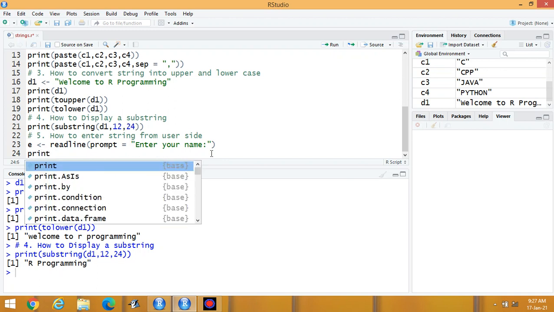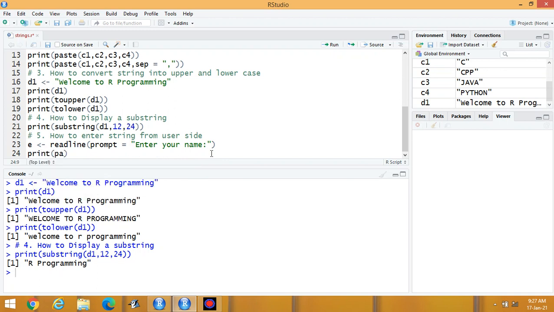Then print. I have to write paste here because I have to combine the entered data from user side and the static data.